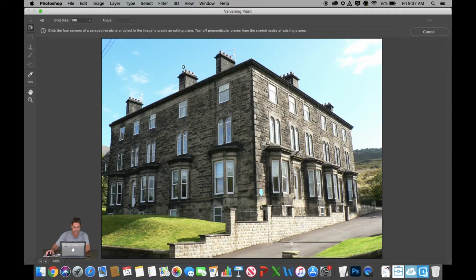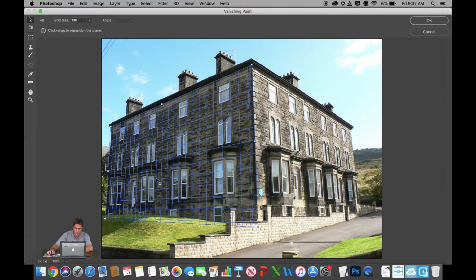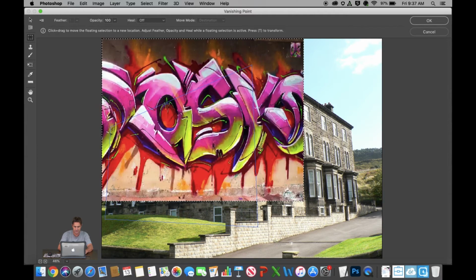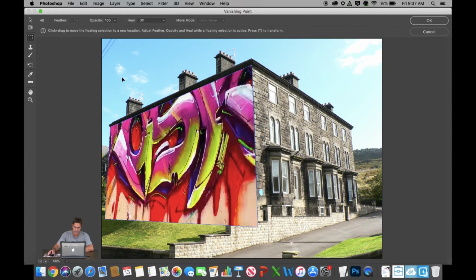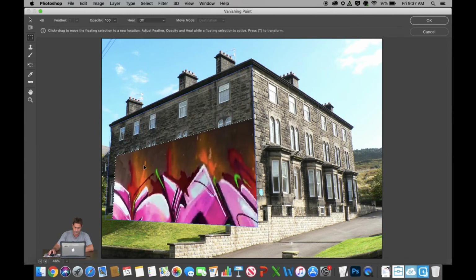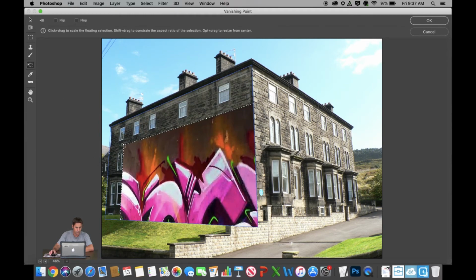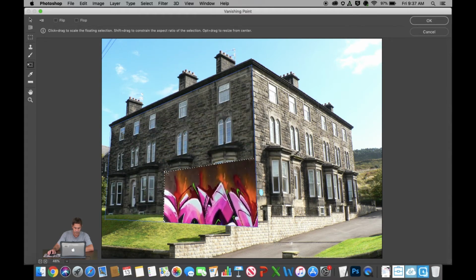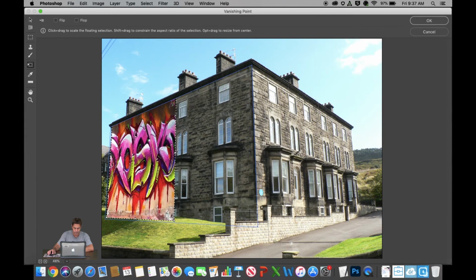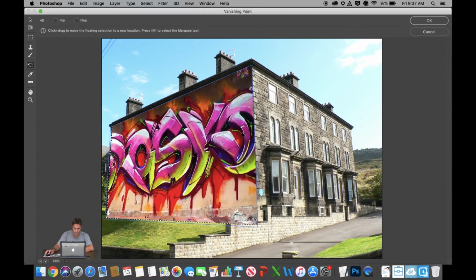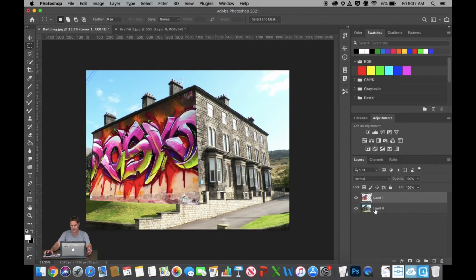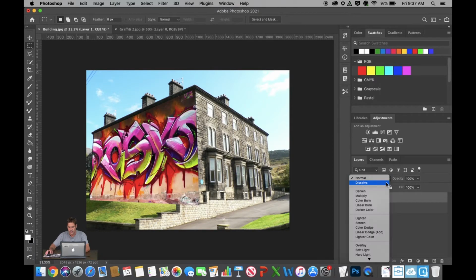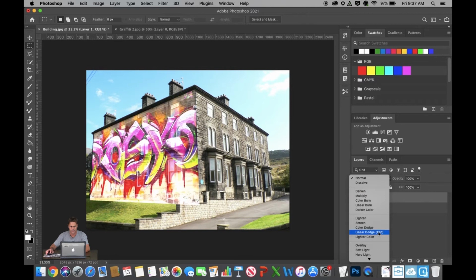So filter, vanishing point. I'm going in there, it's there, there, about there, and looks pretty good there. I have my plane, Command and V to paste it, pull it inside that there, and let me get my transform tool to scale this down. Scale it down a little bit more. Okay, so I'm left with that right there. Hit OK. All right, that's better because it's on its own layer,